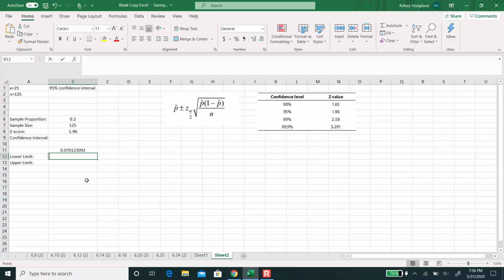So now to find our lower limit, we do the equal sign, and we take p hat, 0.2, and we subtract what we just found. And then for the upper limit, we do the same thing, take p hat, except we add the number we just found. And this right here is your confidence interval, so if we want to simplify it, we'll put our brackets and do